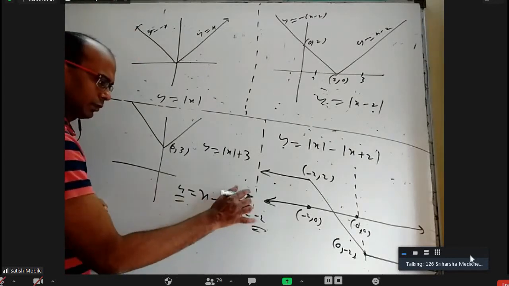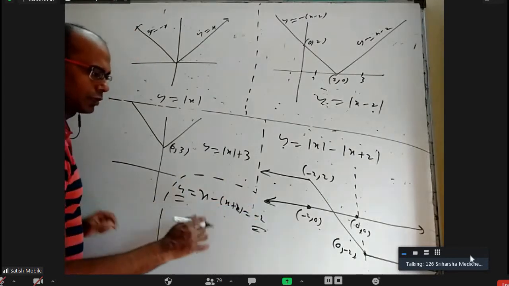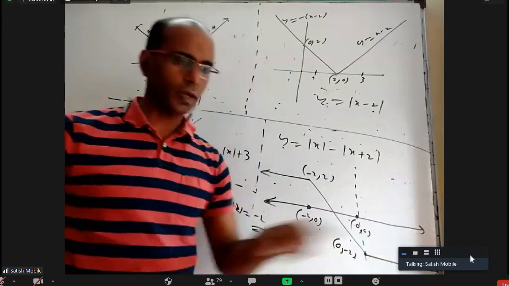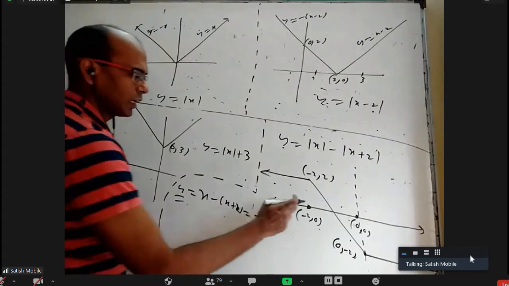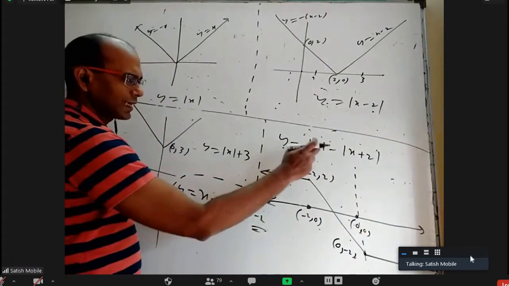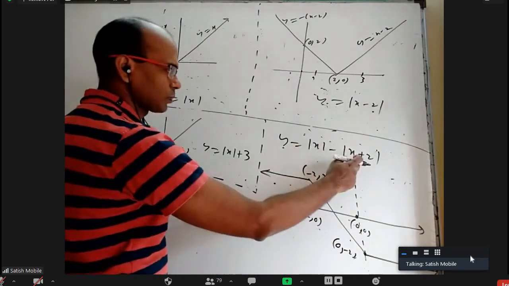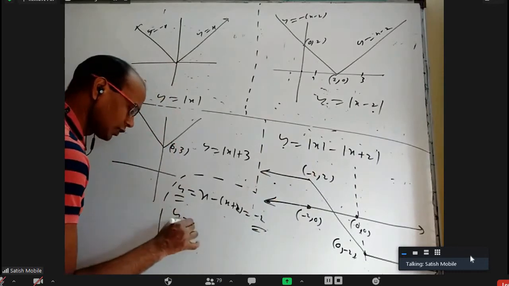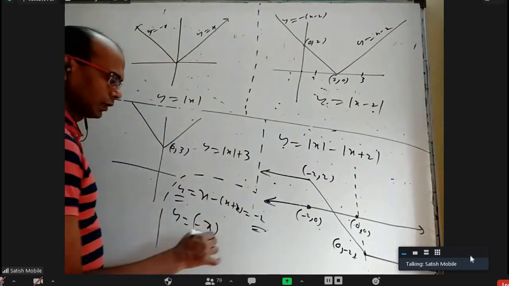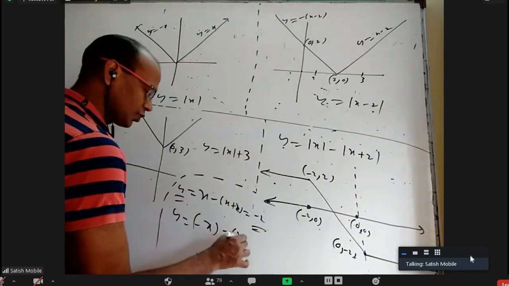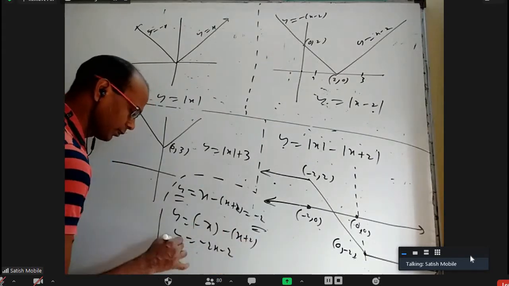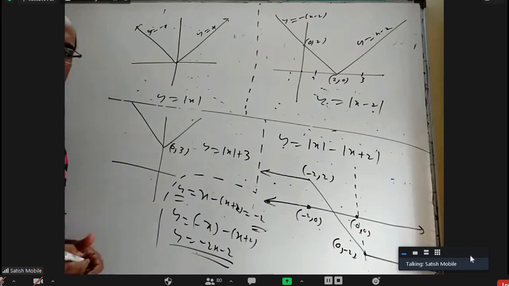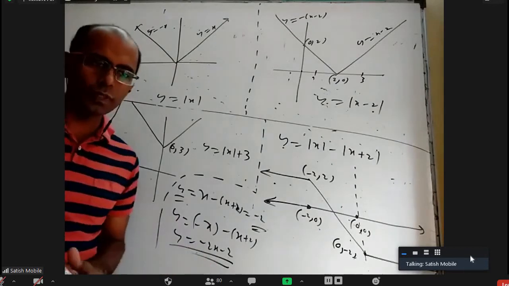Yes, sir. Okay. So that is this horizontal line, y equal to minus 2. Next, what about this line? Where does it come from? If I take x between minus 2 to 0, x is negative, but x plus 2 is positive. So mod x, I should write minus x. x plus 2 is positive only, so I should write x plus 2. I'll get minus 2x minus 2. y equal to minus 2x minus 2 is a straight line whose slope is minus 2.